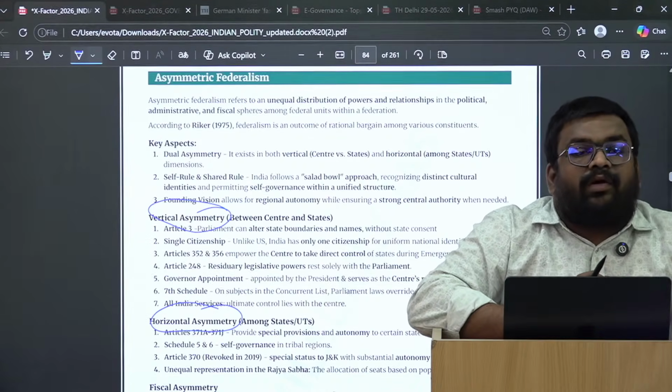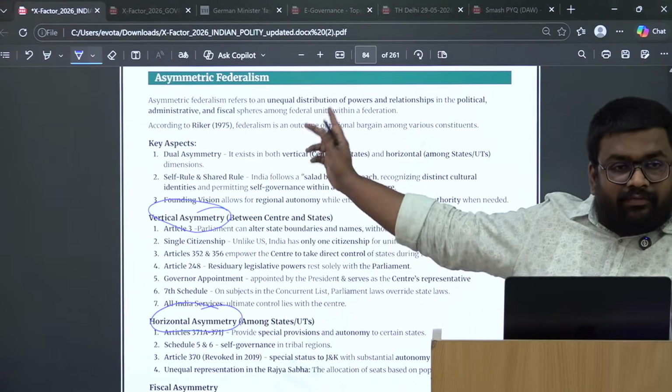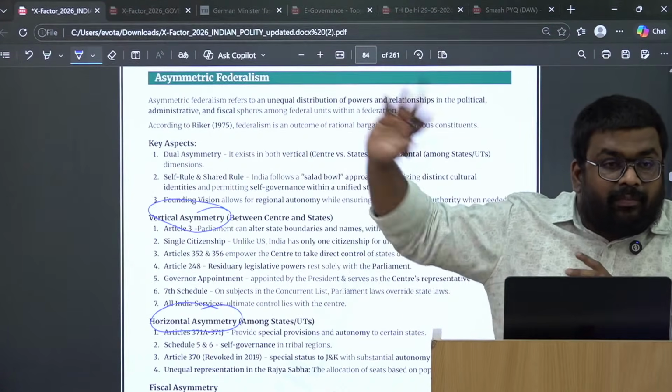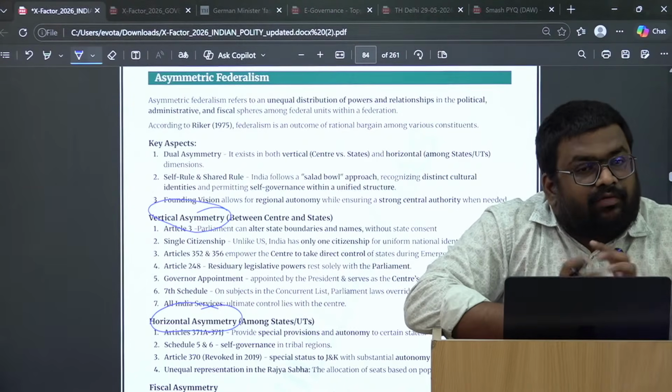Okay, simply writing the points will give you the mechanical answers. जहाँ पे where you are able to provide this kind of classification, that is always going to pay